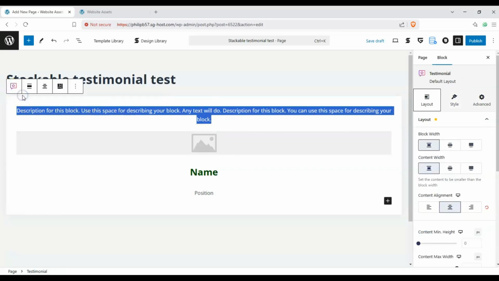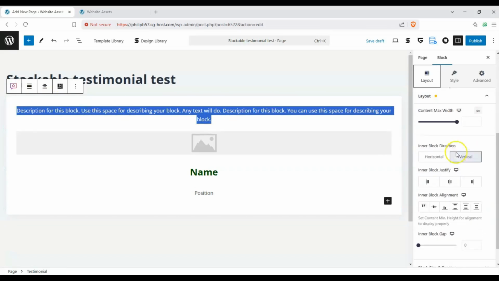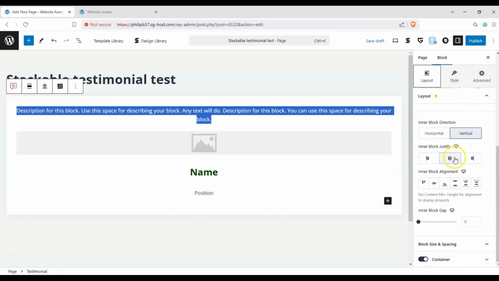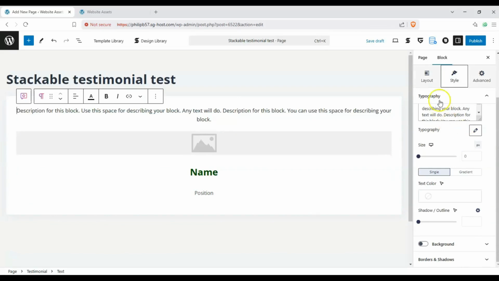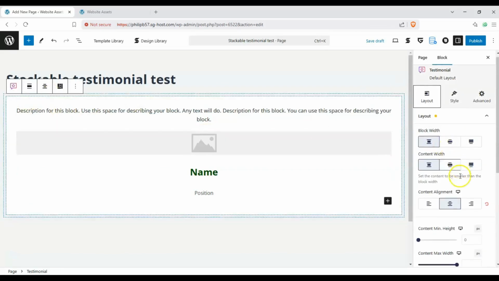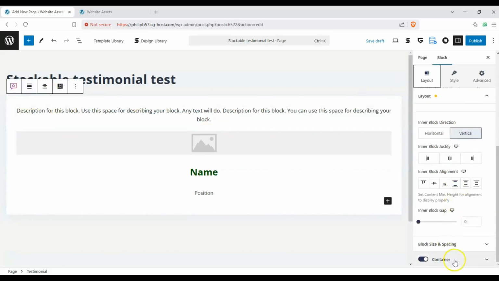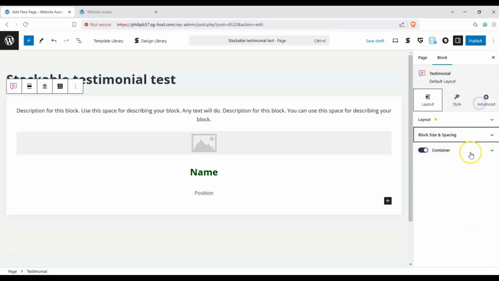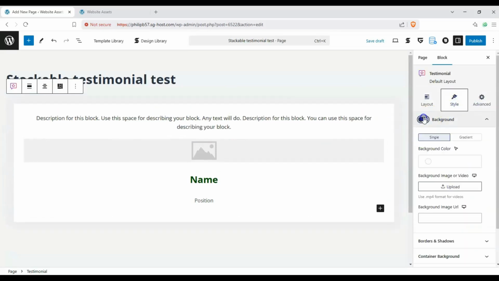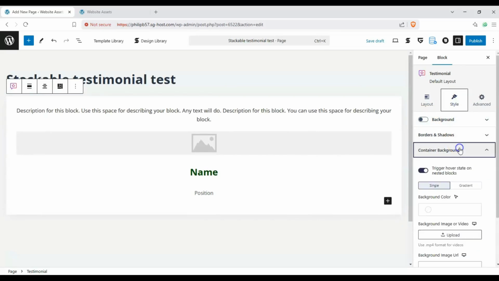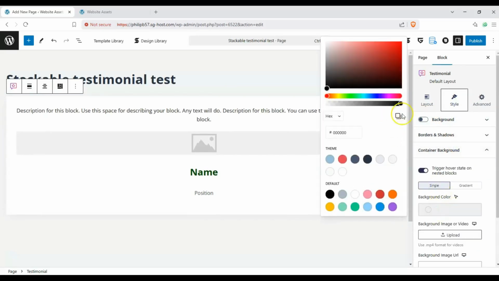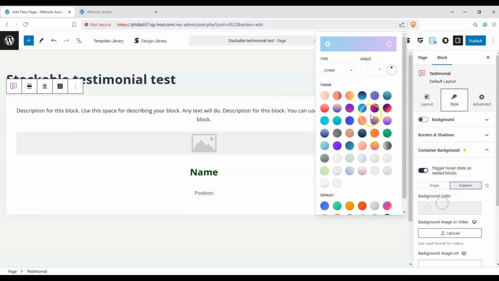As you can see, if we went up here on Testimonial, there isn't much special. We can change it to be horizontal or vertical, but that doesn't really do anything. In fact, I believe it's disabled. We have style. We can add a background to the outside. For the container background, we can do something with that. And just like in the last video with the